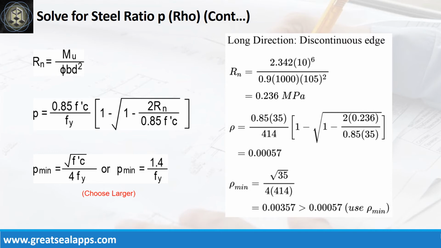Given long direction, discontinuous edge moment equals 2.342 kN/meter, resistance factor equals 0.9, B equals 1000 mm, and D equals 105 mm. The beam design ratio Rn equals 0.236 MPa, and reinforcement ratio Rho equals 0.00057. Use Rho minimum of